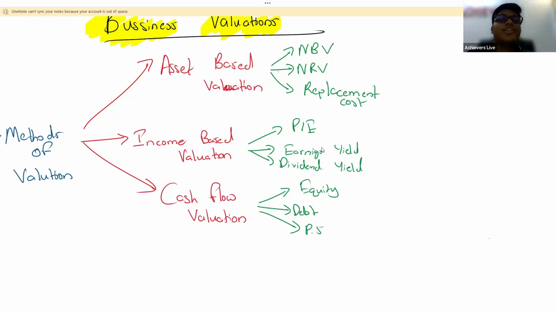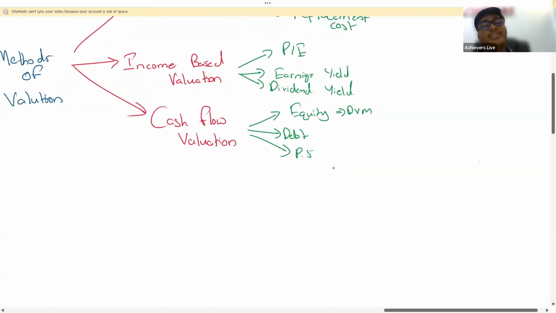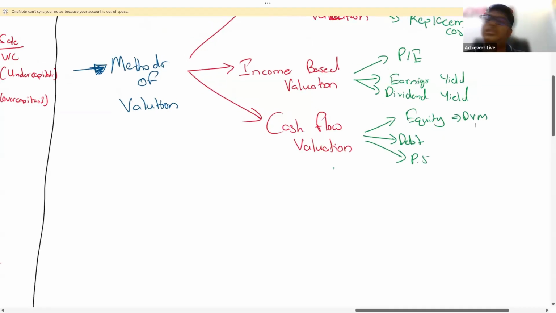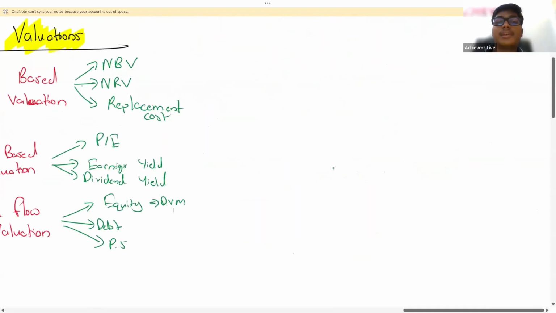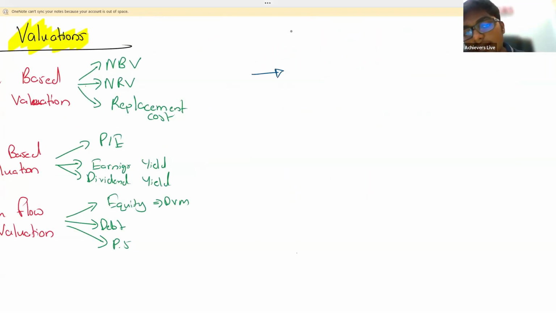So the valuation of equity, what do you do? You are going to be using the dividend. For debt, what is it? Present value of the cash inflows, NPV. Preference shares, same thing. Present value of the inflows, you are going to calculate. Simple as that. Next thing which we looked at was something called mergers and acquisition. M&A. What is the definition of mergers and acquisition? The differences, types, and we talked about how to make decisions regarding mergers and acquisitions.